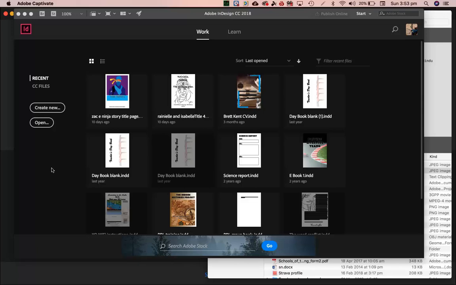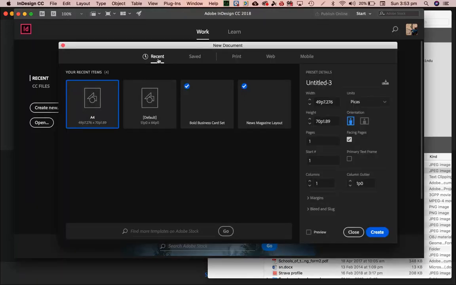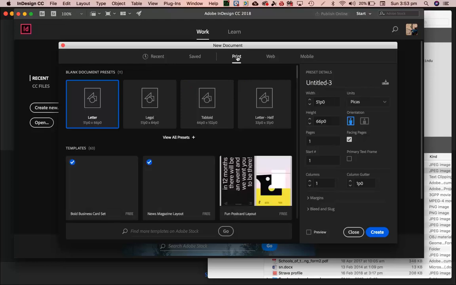Okay, so the first thing to do is obviously open InDesign. We then want to go to Create New. Now our options here will automatically boot to recent files, but for the purposes of what you guys want to do, I think it's probably best to go over to Print, just because it makes sense. The options that it gives you in Print are American presets,